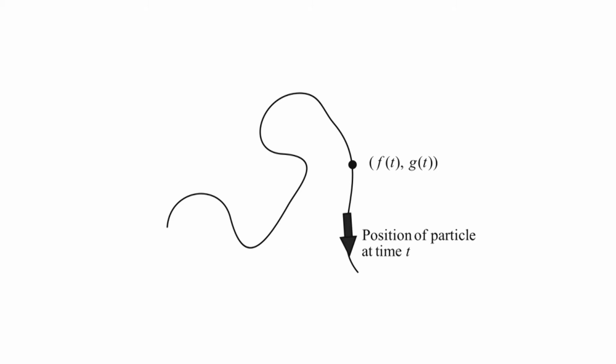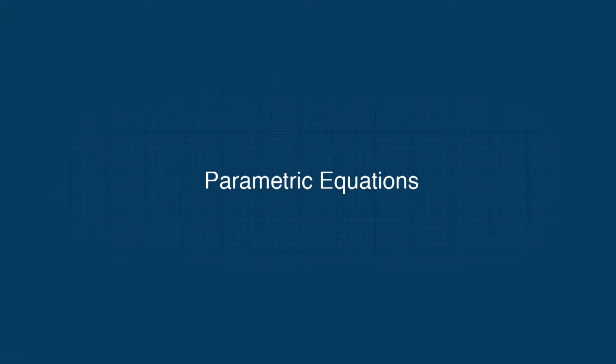In real life, an ant may not move along a line as mentioned just now, and in that case it may not be possible to represent the path of the movement of the ant as a Cartesian equation expressing y directly in terms of x. Then the only way is to express the coordinates of points on the path as functions of time t. These are parametric equations.